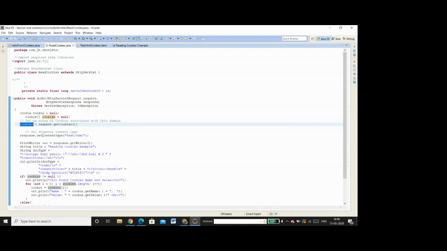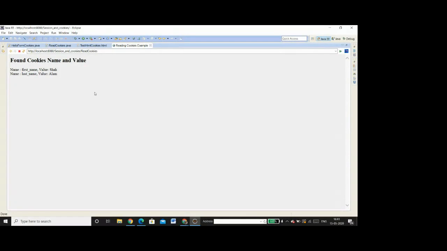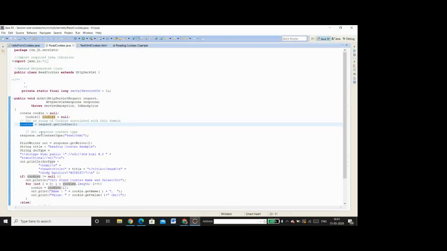And then I'm setting the response type as text/html, because I'm going to generate the response page, which you have just now seen. This response page that you have seen, where you found the cookies with name and values, and you have printed the name and the values of the cookies. So this response page I want to generate. To generate this, basically I'm using the rest of the code. So I've got the PrintWriter instance. Then within the PrintWriter, I am printing HTML, the head, and then the body. And then within the